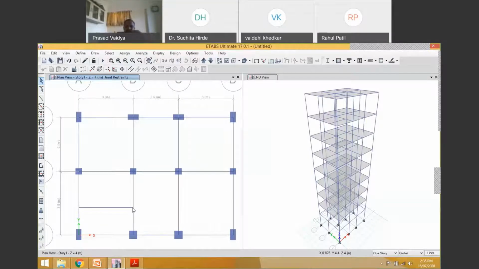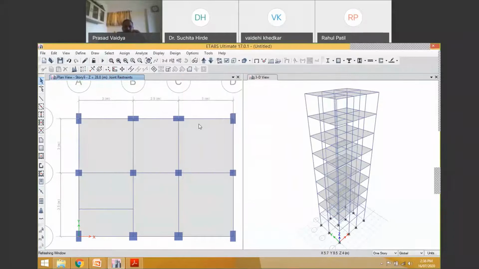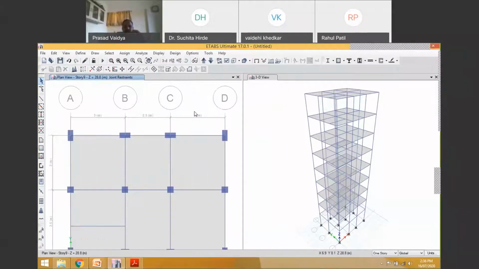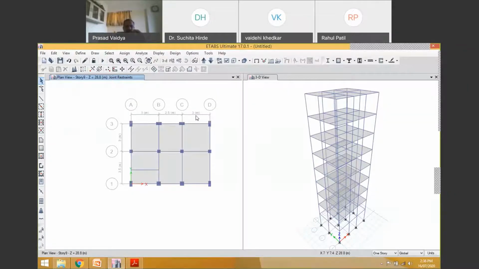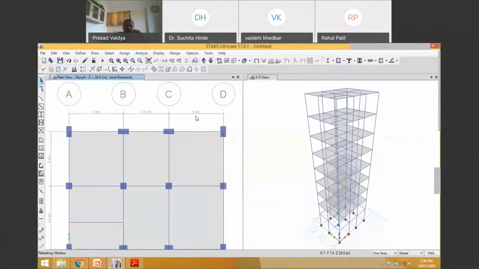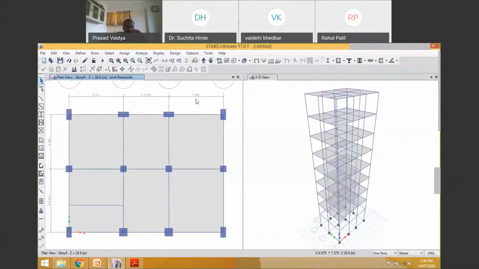I will keep all these beams at plinth level, which will act as tie beams. Also, there is a wall over here, so they will carry the load of the wall also. But slab is not required at plinth level. So let us delete the slab. The slab is deleted. Now it's okay. Now again go back to your roof level, which is the 9th level, and here I need to modify the load.